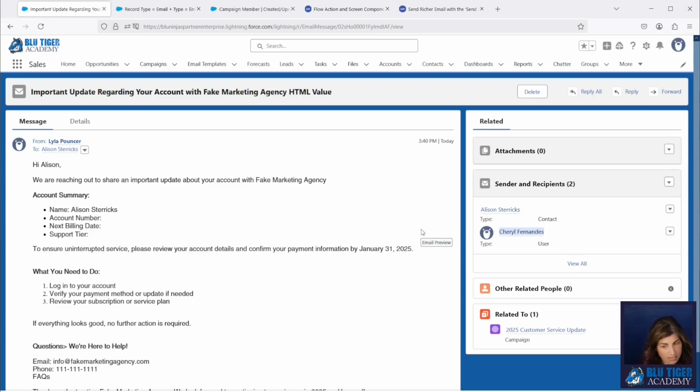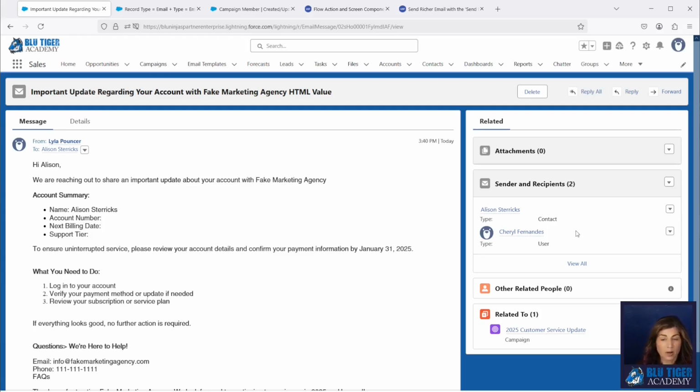Now, when the contact gets this email, it is going to say from Lila Pouncer. And if they reply to the email, it's going to reply back to Lila Pouncer's email address. But in the email header, if they click on it, it's going to have Lila Pouncer's name with my email address next to it, which could be slightly confusing for the contact receiving this email.